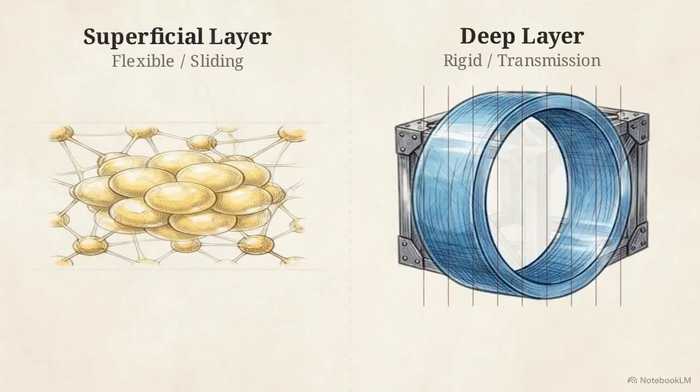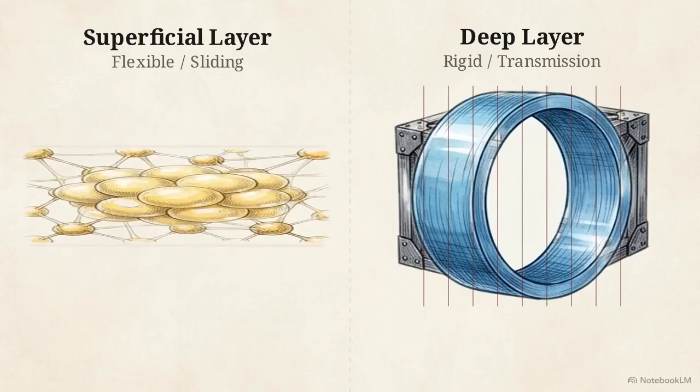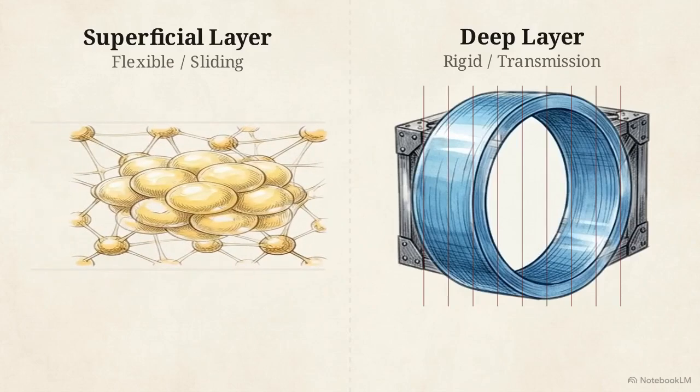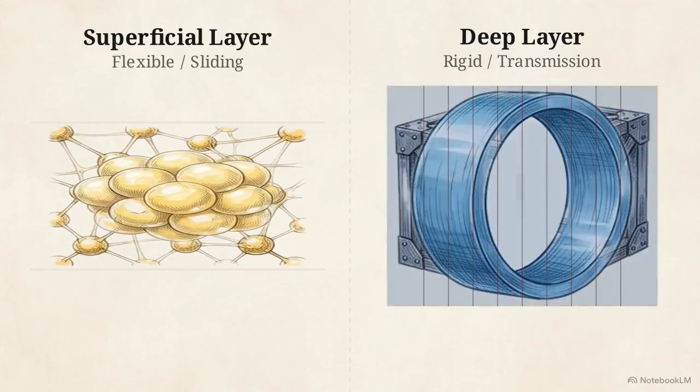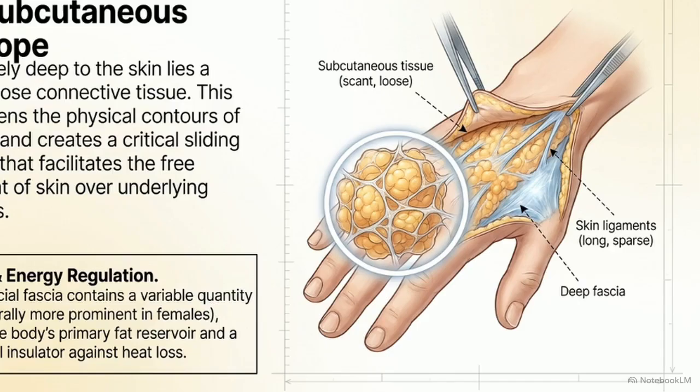These 2 contrasting layers form the fascial dichotomy, a biological solution that allows flexible movement on the outside while maintaining rigid force transmission on the inside. Peeling back the outer skin allows us to examine the immediate subcutaneous environment. This dissection reveals the precise structural composition of the superficial fascia, a loose connective matrix holding varying quantities of adipose